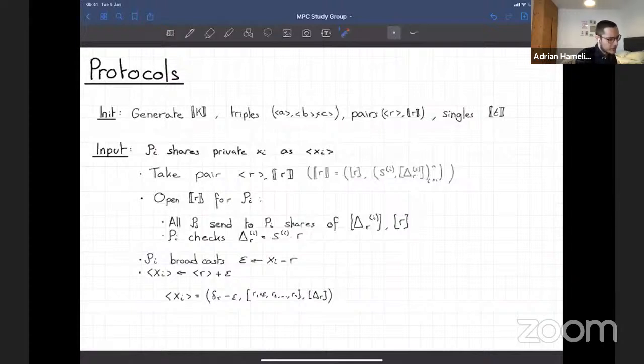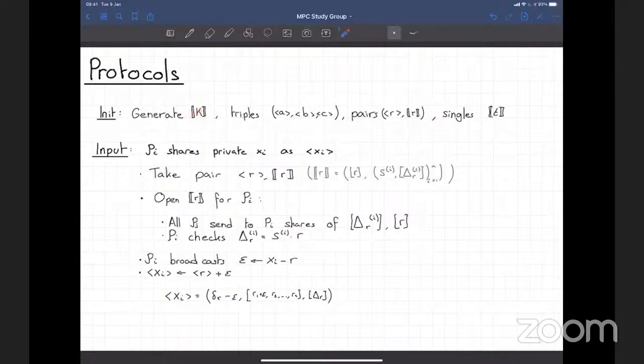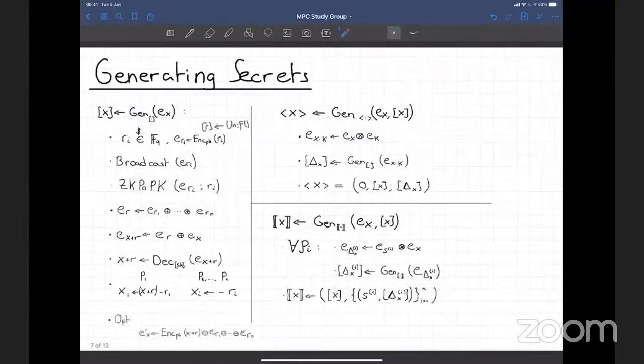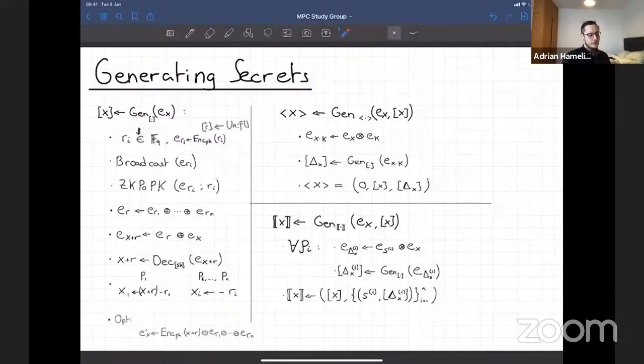If you're going to evaluate a function, you're going to run this initialization phase where you're going to be generating the key k. Sorry, one more question. The thing from the slide before, this is like a more powerful Beaver triple, basically. It's a Beaver triple with authenticated parts. Yes, this just takes a ciphertext of a value and generates an appropriate representation. So you can use this to generate a Beaver triple.